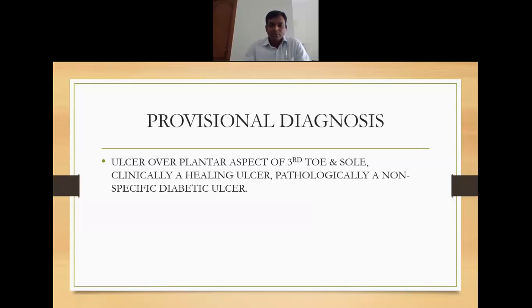Here you made a diagnosis of diabetic ulcer, is it not? Usually in the examination, if somebody gives a diagnosis of diabetic ulcer, I always give two options. I will make two statements, and you have to tell me which is correct. Statement A: diabetes causes ulcer. Statement B: diabetes causes delay in wound healing. Which is correct?